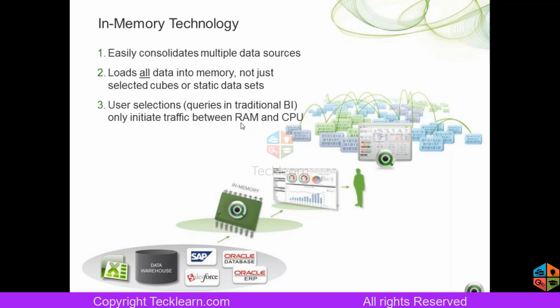So whenever you are opening the ClickView application and making any selections in terms of retrieving the data, the traffic will occur between the RAM and CPU, in the fluctuations. So these are the databases where you are going to connect to ClickView and it is going to be stored in the ClickView application. And here, if you can see, they have written in memory, which means it is going to be stored within the application.